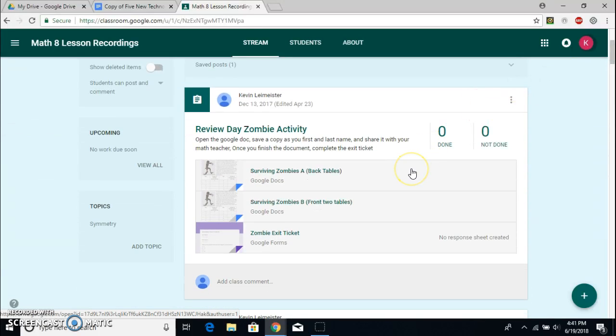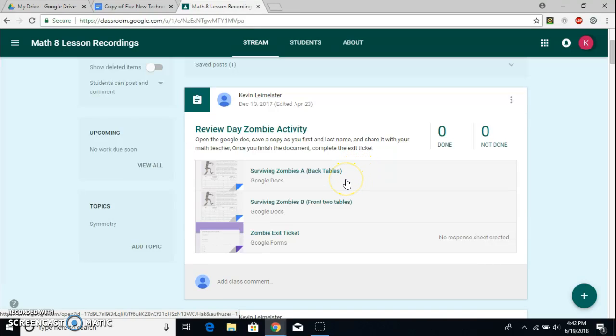But here's an example of a differentiated instruction assignment that we made. This was a lesson teaching exponential functions, and students had to learn about exponential functions using these activities. So when they got onto their Chromebooks, they opened up their Google Classroom, and the first thing they were instructed to do was to pick, and actually for this one we assigned them. If you were at the back table